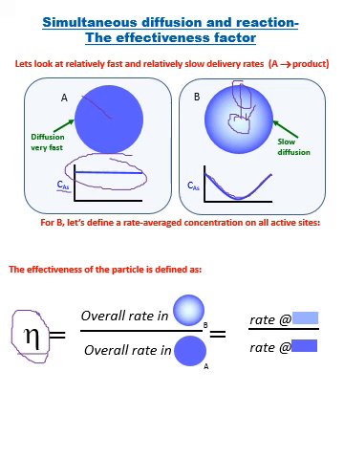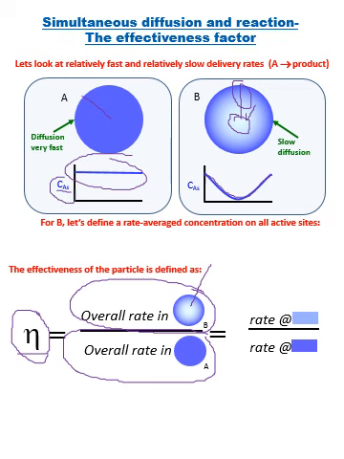That is calculated by saying this is the actual rate that you are going to measure because of this uneven distribution of reactants throughout your catalyst particle diameter, divided by the optimum rate, the rate that you would get if all the sites in your catalyst particle were exposed to the same external surface concentration. So this parameter, the catalyst effectiveness factor, is what we are going to use when we modify our intrinsic rate constant